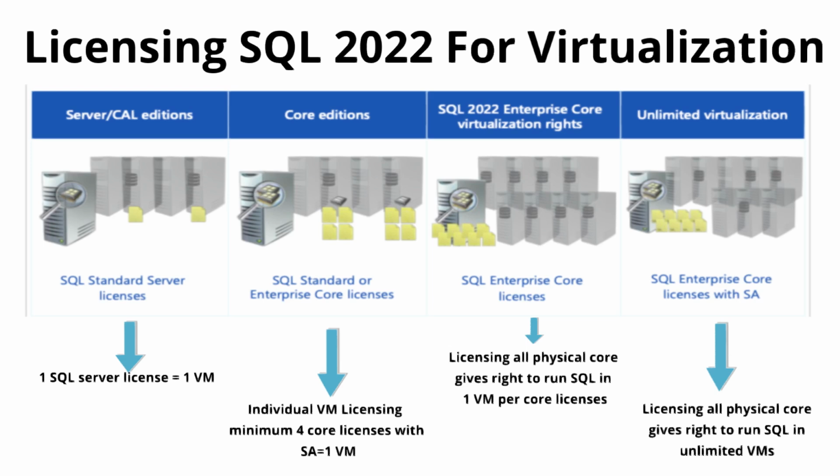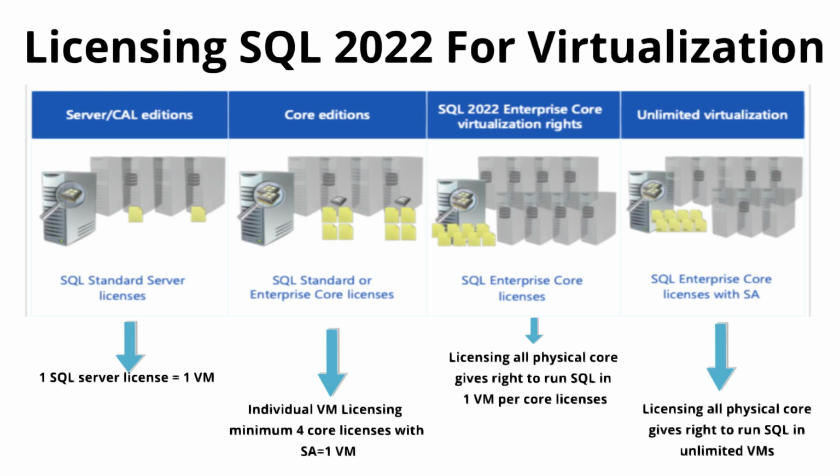So we go by the rule that we require at least 4 core licenses per processor, or 4 core licenses with software assurance, to run one virtual machine. That means to run SQL Server on a virtual machine, we require at least 4 core licenses with software assurance. Third, here we are licensing the physical cores, unlike the previous case where we were licensing the virtual machines only, or the virtual cores.